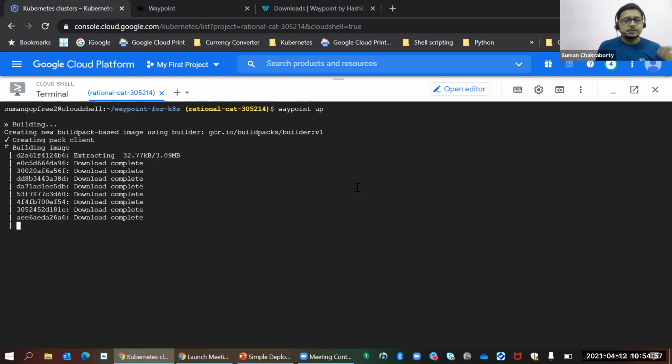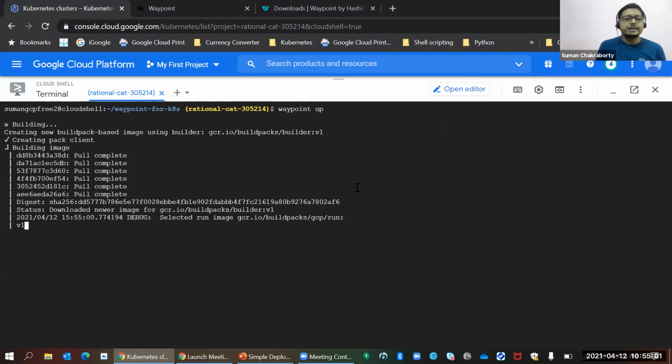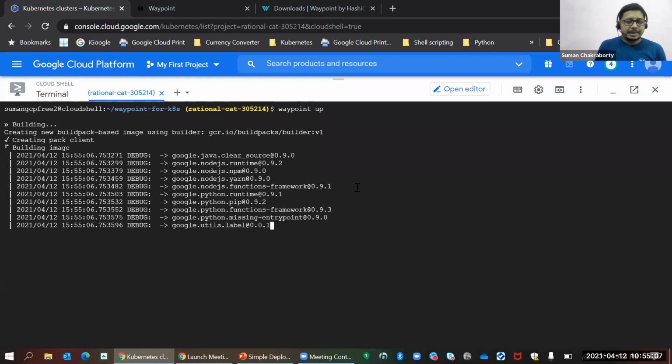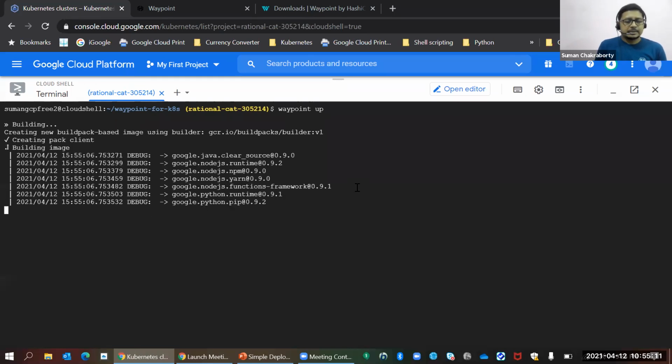And it would use the builder configuration, and then it would run the complete life cycle of the Cloud Native Buildpack, the CNB life cycle actually.